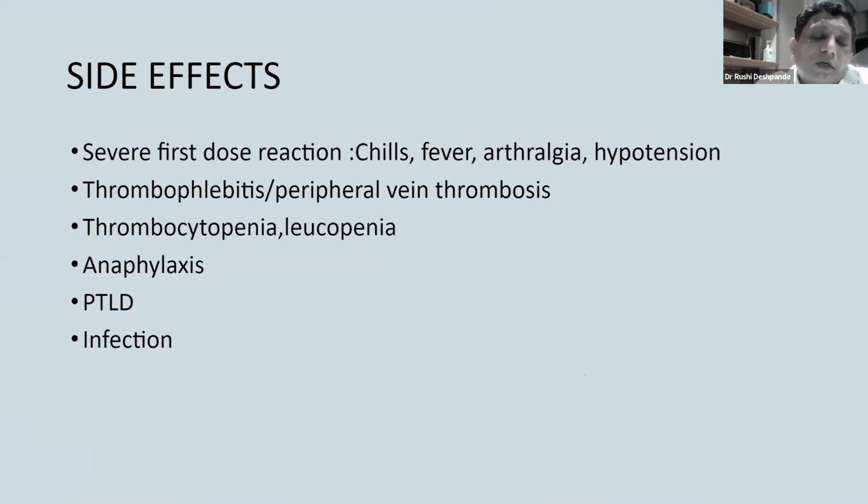A severe thrombocytopenia, platelet count less than 50,000, would be an absolute indication to stop the drug. Leukopenia less than 4,000, again a warning sign. Leukopenia less than 3,000 or any absolute neutrophil count less than 1,000, please stop the drug immediately. Few cases, but anaphylaxis is possible. It's basically derived from other species, right? So that is possible. The risk of infection goes up because your body's innate immunity is affected when you destroy these cells. And PTLD, or post-transplant lymphoproliferative disorders, can go up because of this particular drug.